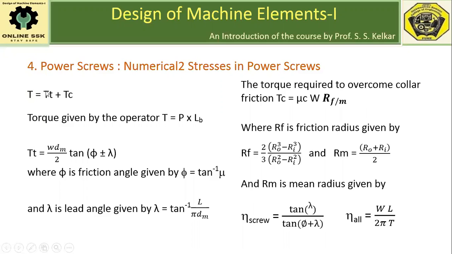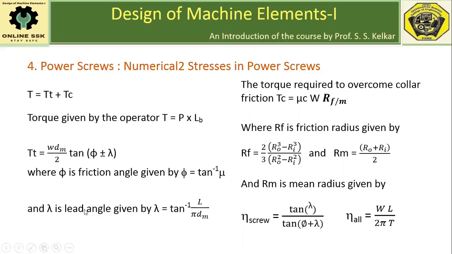Then this Tt, torque required to raise the load, will be given by W Dm upon 2 tan of phi plus lambda. If you want to lower the load, in that case the torque applied to lower down the load will be given by W Dm upon 2 tan of phi minus lambda. Tt is the torque required to raise or lower down the load, which is also called the torque required to overcome the thread friction. In the formula of Tt, phi is the friction angle given by tan inverse of mu,